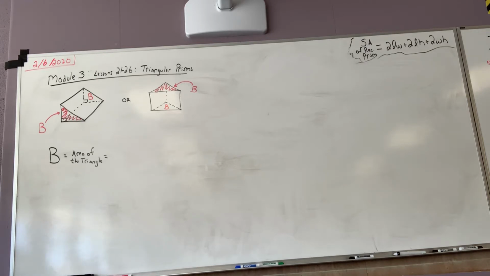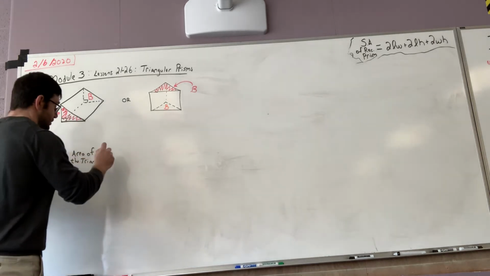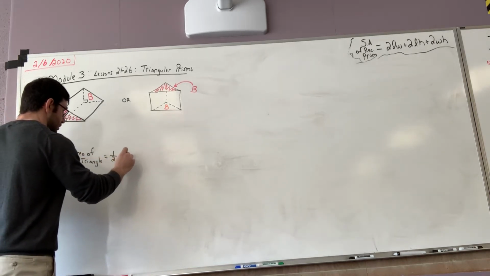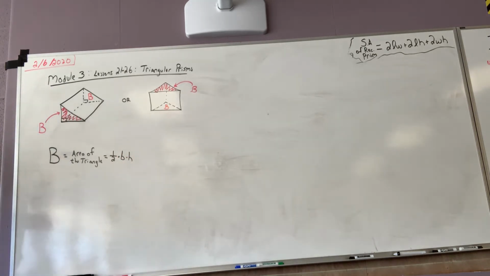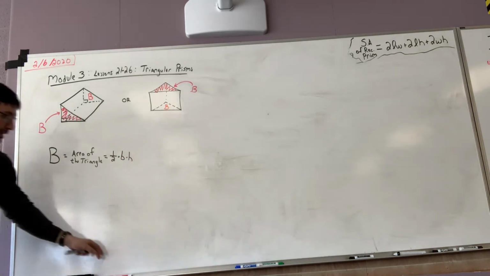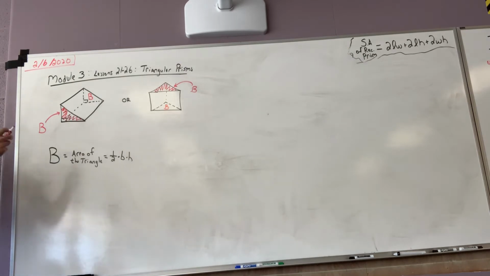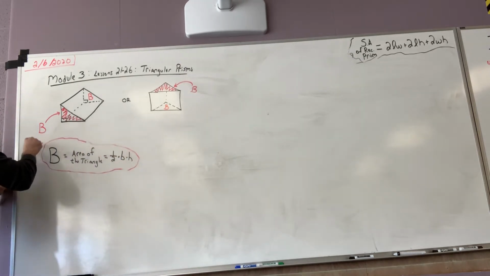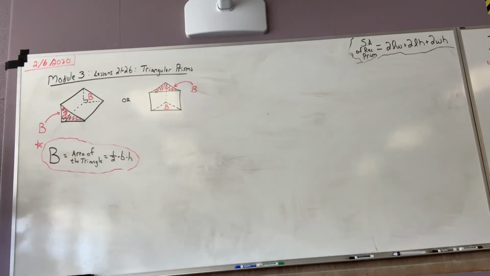If you think you have an idea of what the area of the triangle is, it's not necessarily in your notes. It might be on your formula sheet. Ella? Base times height divided by 2, base times height multiplied by 1/2. Good. 1/2 base times height. This is something that you absolutely have to know